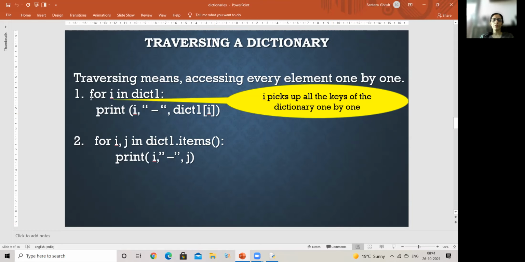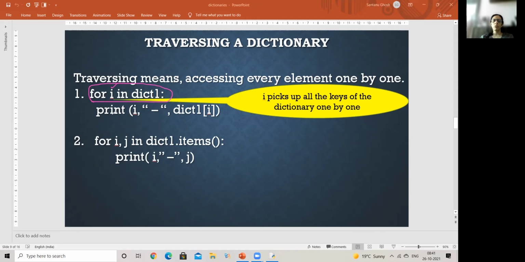One is that I say for i in dict1, assuming that's your dictionary. This statement will work in the manner that I pick up, one by one, every key of the dictionary.